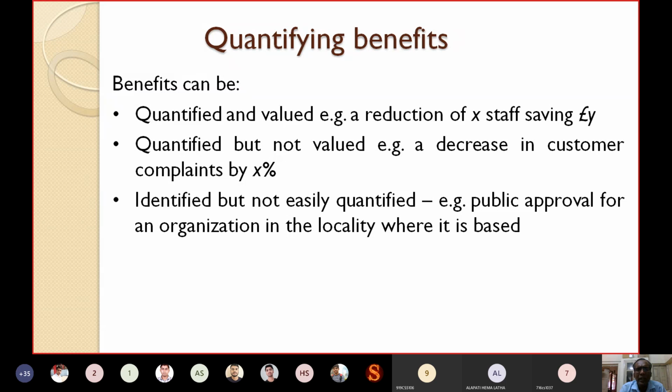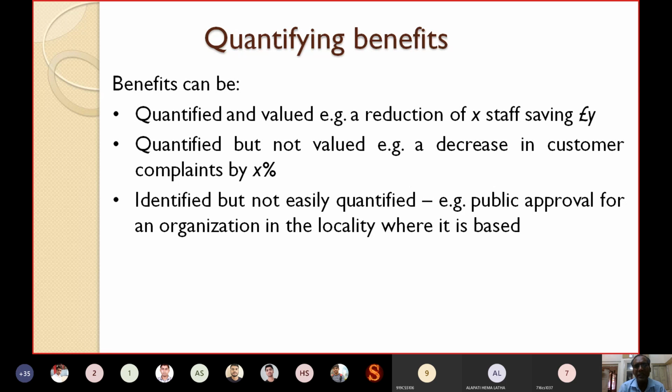Here we are quantifying that last month 100 complaints came, this month only 80, so that is a 20% reduction. But how much benefit we have gained due to fewer complaints,